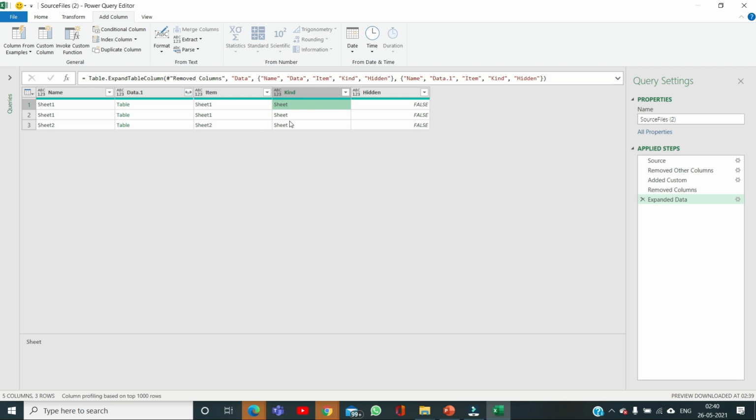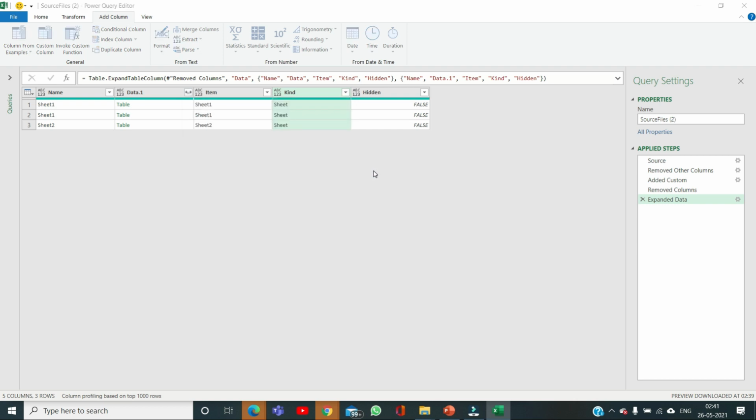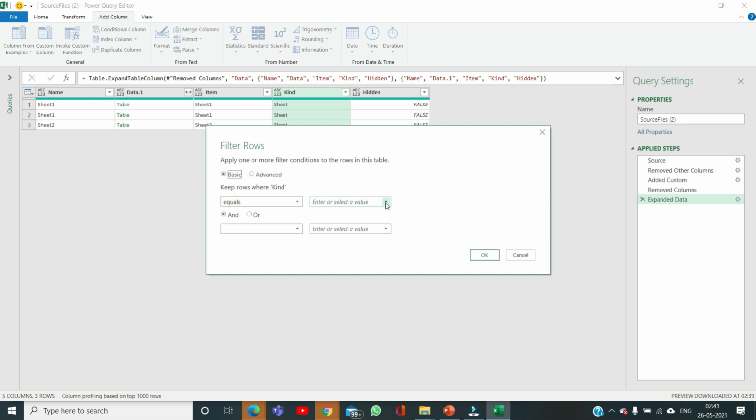If there are tables in those Excel sheets, those would have appeared here as Table, and you can make a choice if you want to import data from a sheet or a particular table. In my case, I am just filtering it as equal to Sheet, meaning my data should come from a sheet, not from a table. Fine.